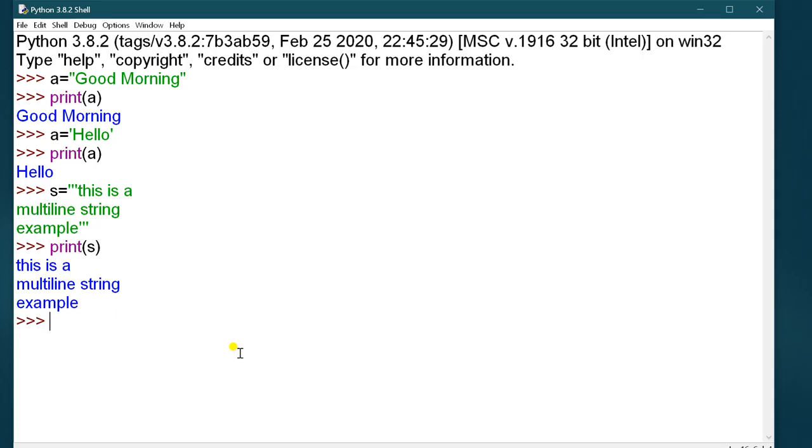Next is traversing. If the variable var1 holds "hello world", hello space world, and you want to access the element at the 0th position, var1[0]. This way you give the index, then it will give you the value h. Now if you want to access the element at -5, then it will give you w. Okay, I hope this is clear now.